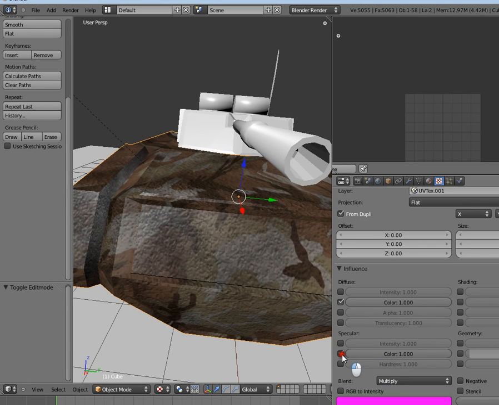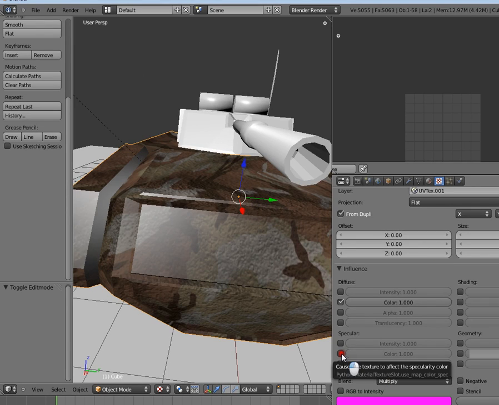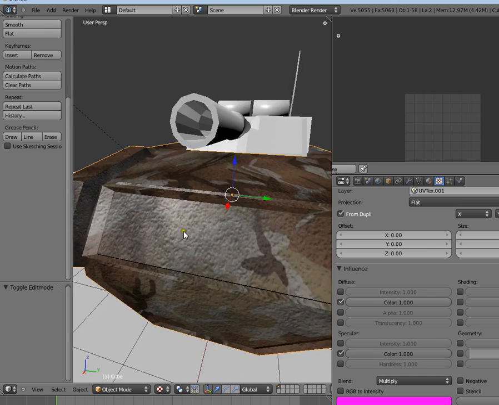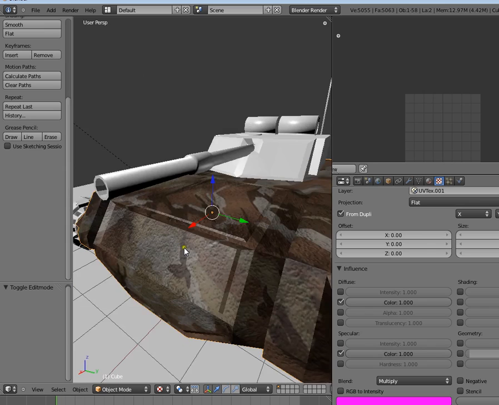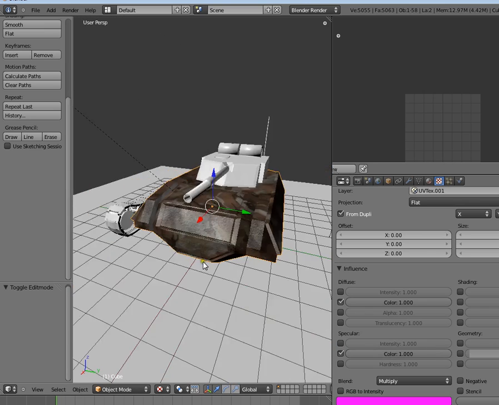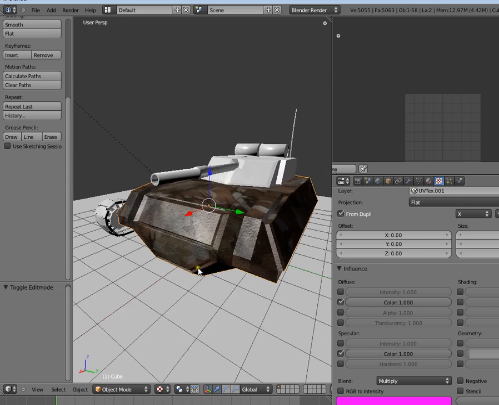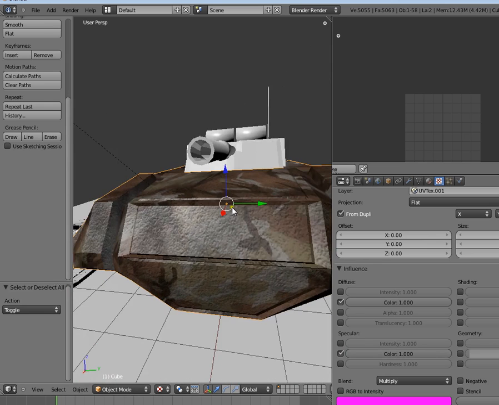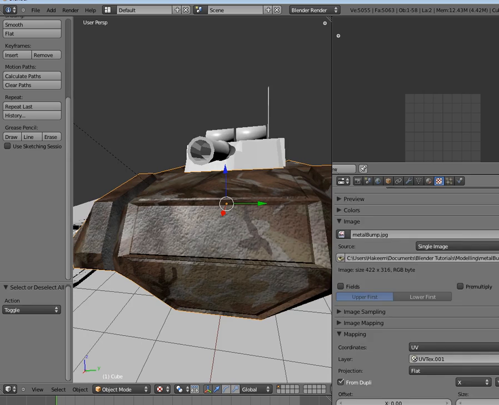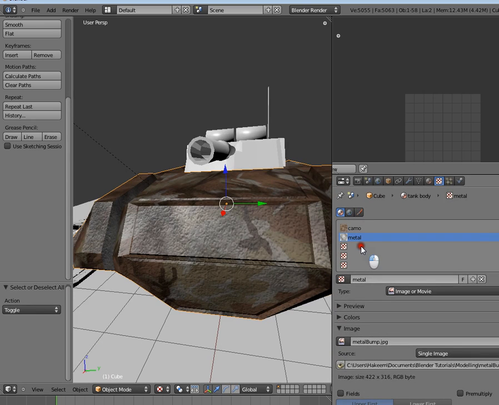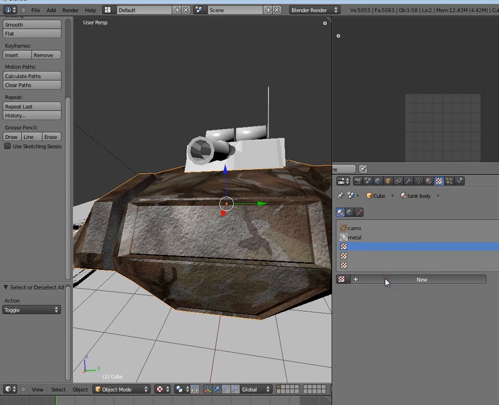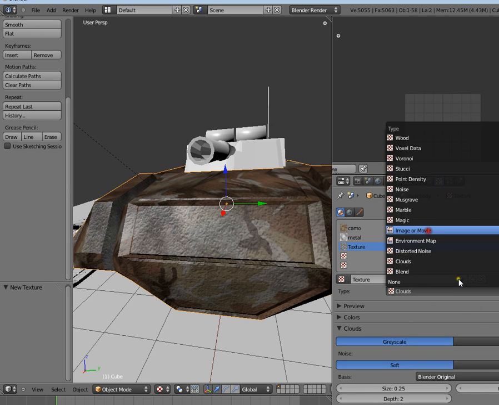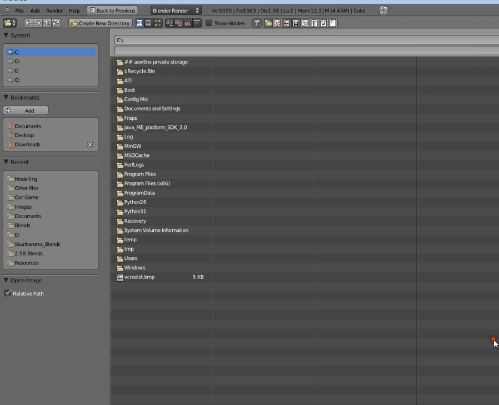And I've also enabled it to affect the specularity colour of the object as well, which gives it a more textured look. So that's that so far. I'm also going to add another layer onto this material